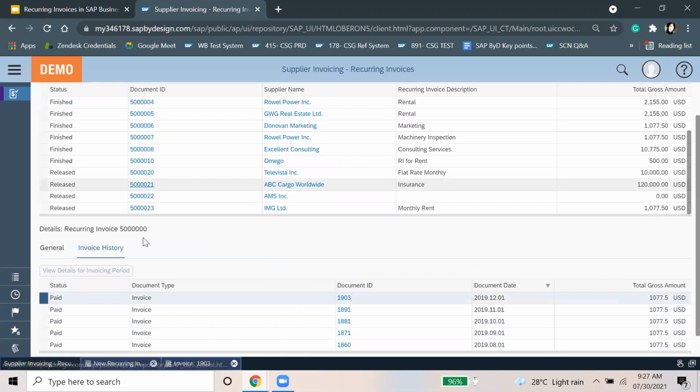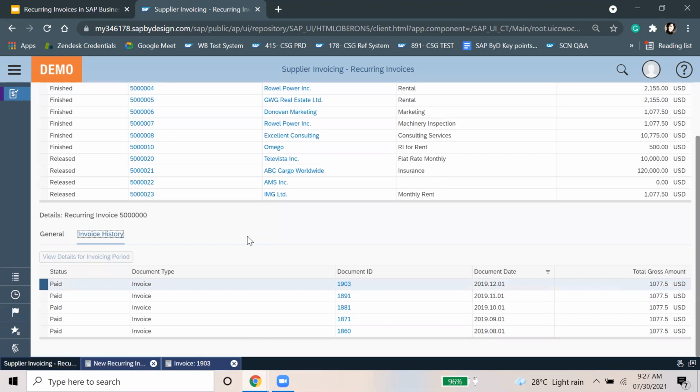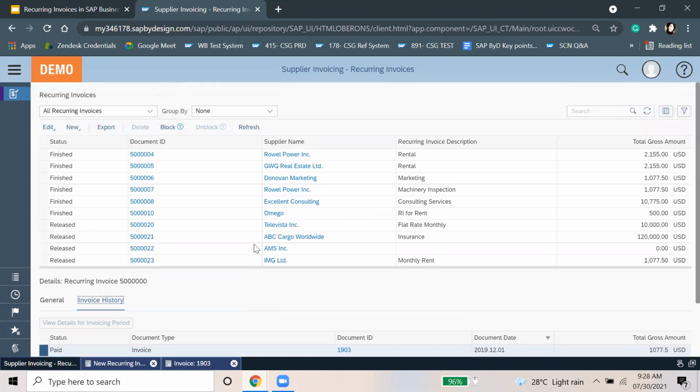So in that case, we don't have any run where we can specify that we can run it immediately. This will always run based on the scheduled date. This is fixed by SAP, and it will run overnight. So maybe we can create an invoice on a specific date and then the system can create it. If we create any recurrence invoices today, then by tomorrow you can see all the recurrence invoices.